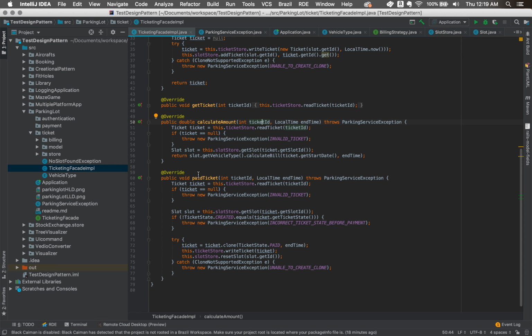It will trigger an event where the ticket will be marked as paid, the state of the ticket will change to paid, and it will be stored.